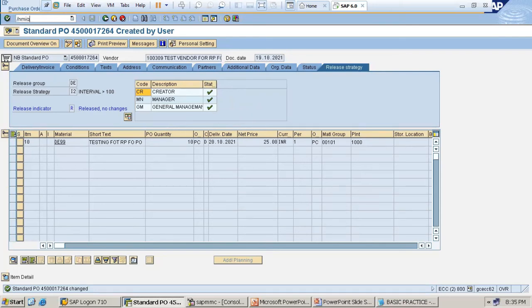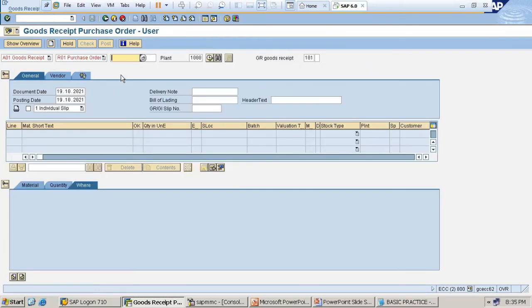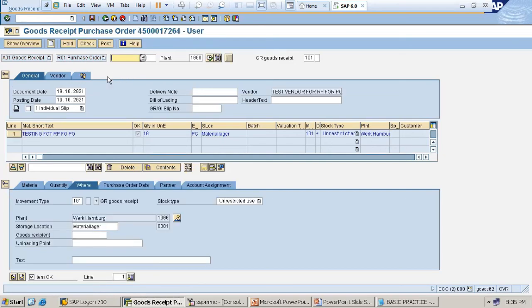Slash and MIGO, enter. PO number, enter. Testing for PO, 10 quantity. Where do you want? For plant 1000. In the plant 1000, which storage location? 3001. Item okay.